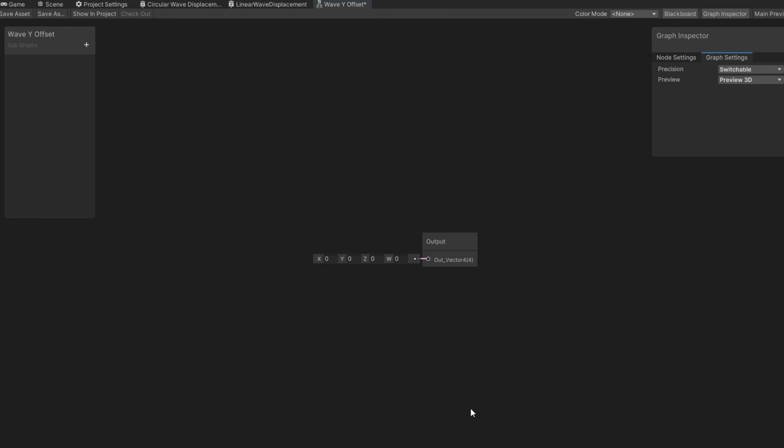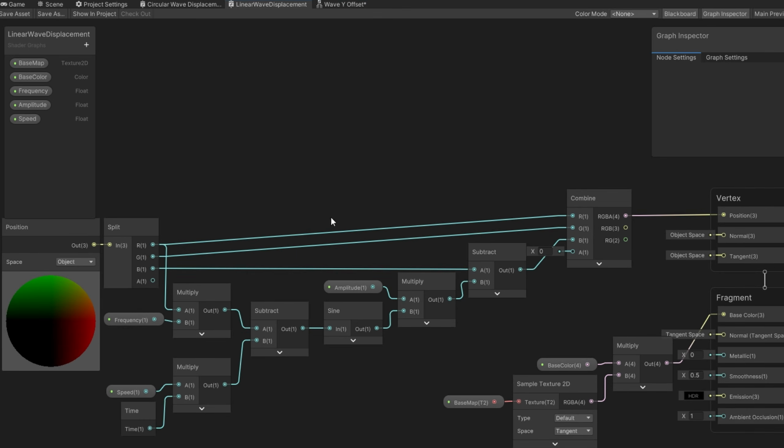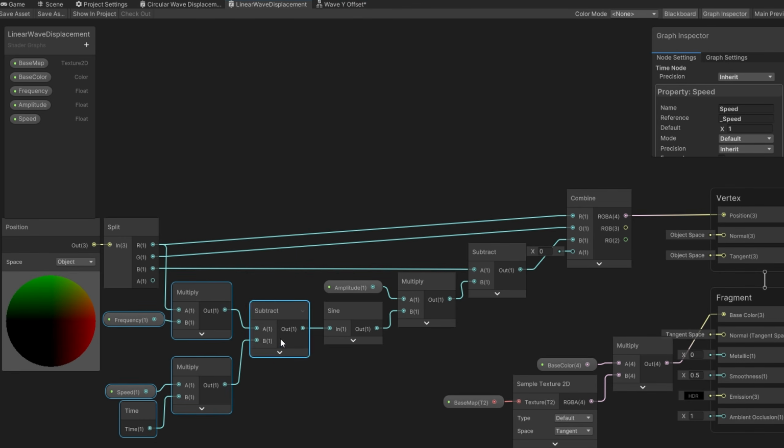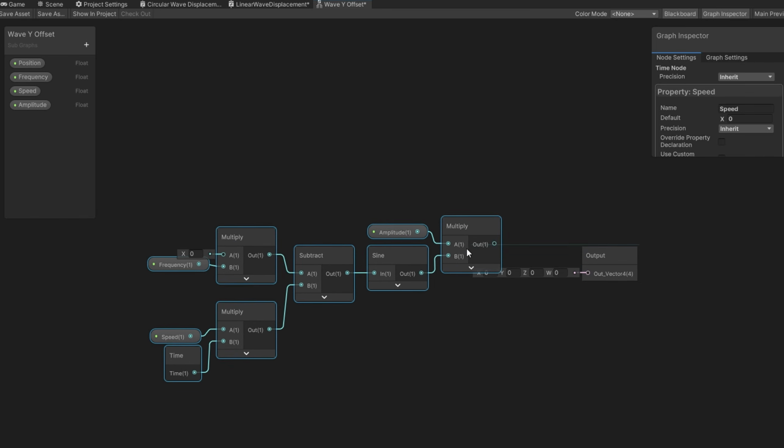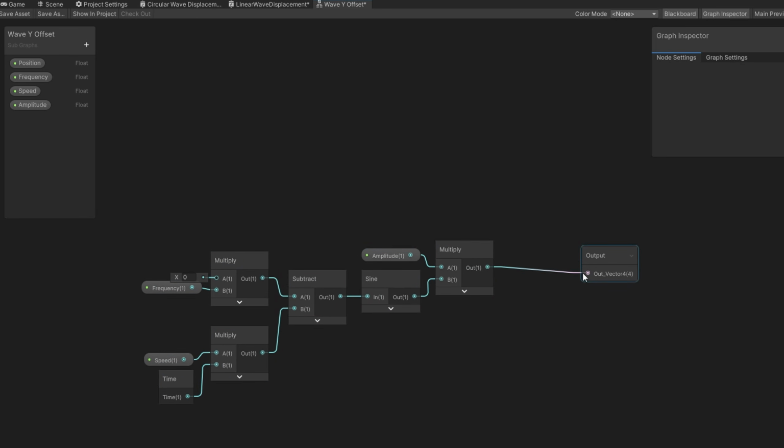As input, we need a float position, a float frequency, a float speed, and a float amplitude. What we can do is copy the vast majority of these nodes over to that subgraph and take our final multiply to our output. Then just bring our position node and multiply by the frequency. Pretty cool. If we save this,